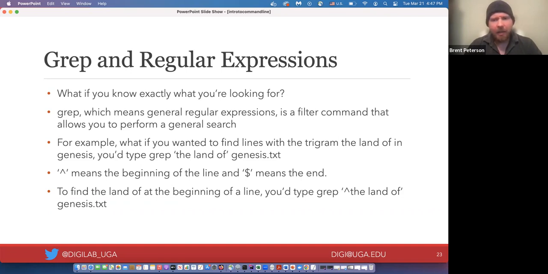And these commands are filter commands that allow you to look for certain text in a corpus or in a string or whatever. So for example, what if you wanted to find lines with the trigram "the land of" in Genesis? So what we could do is type,